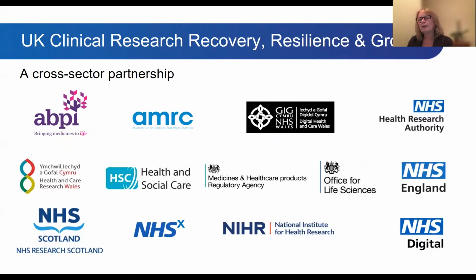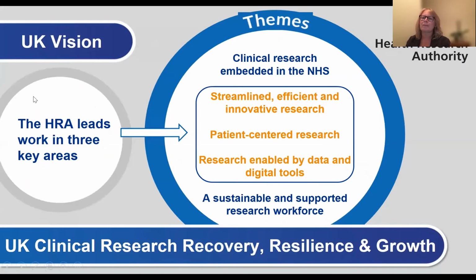And just a few of the other things that we've been working on, the next slide, please, Theo. So the themes for this Recovery, Resilience and Growth programme are shown here. And the Health Research Authority is really focused on these three central areas: efficiency, patient-centred, and supported by data and digital tools, as I think you'll have seen already from some of the things I've described. Just a few more of those activities that are supporting that. So on the next slide,